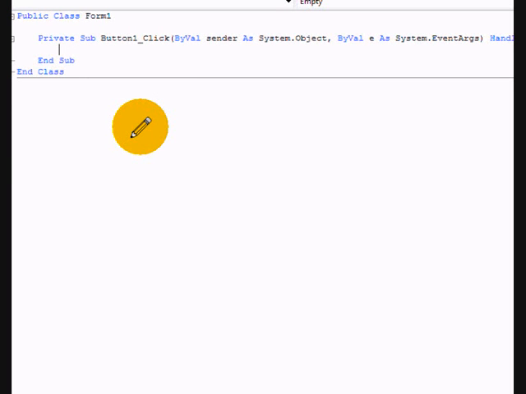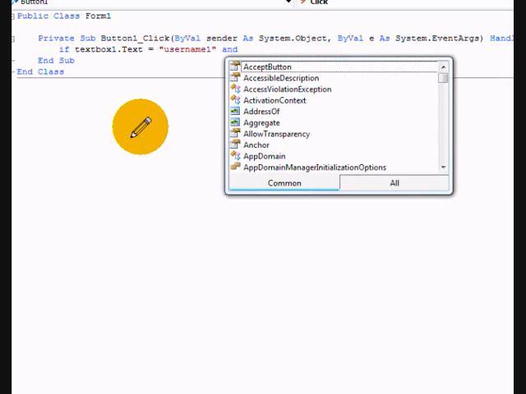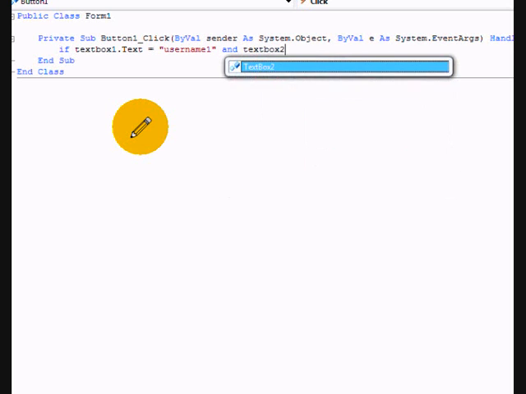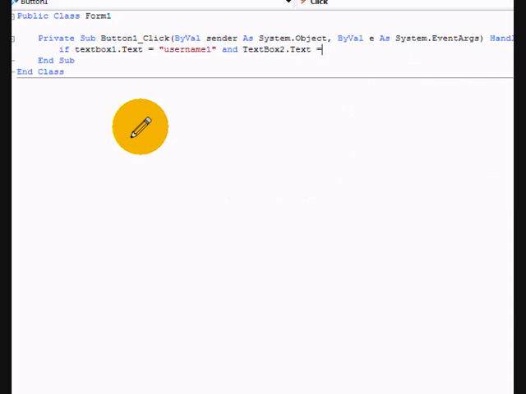Just type in if text box 1 dot text equals, I don't know, hello, or for you could put username 1 and text box 2 dot text equals password 1,